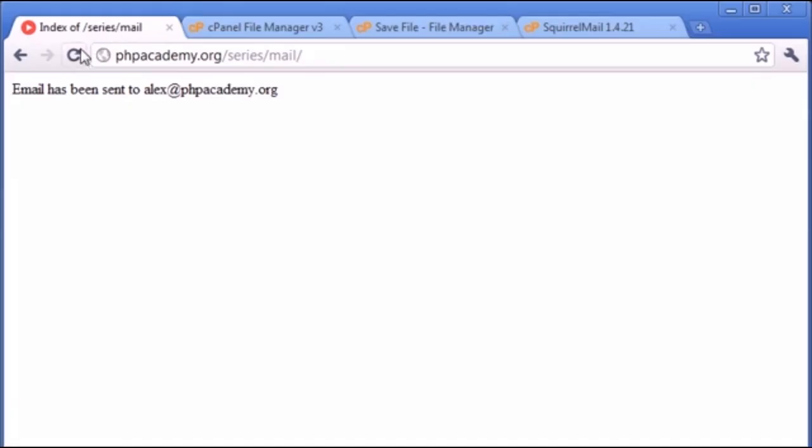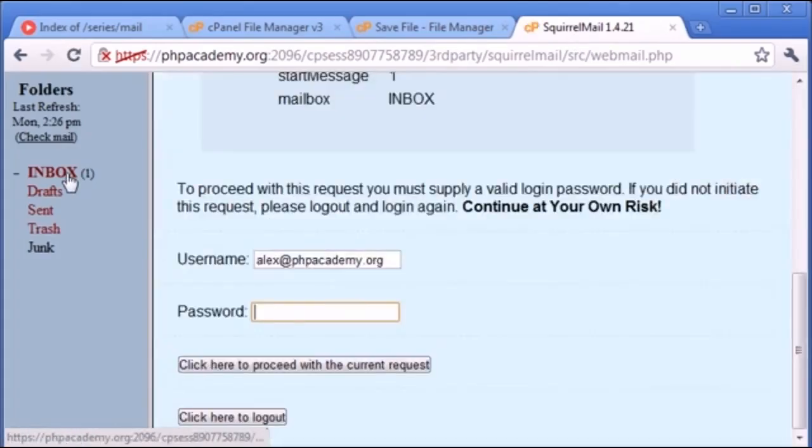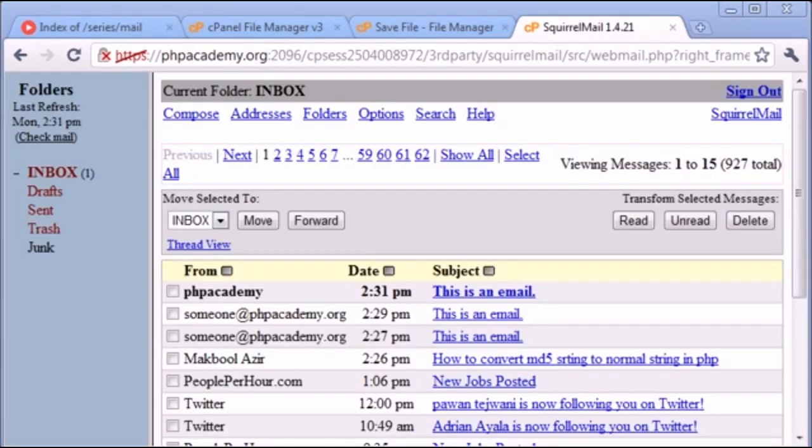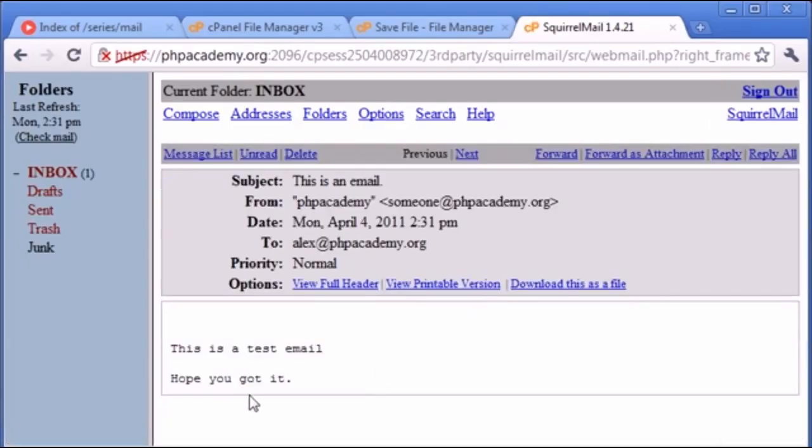Let's go back and refresh our page so we resend the email back to the Squirrel Mail email client, and you can now see, oh, we need to log in again. Okay, so I've logged back in and you can see that the email is from PHP Academy this time with the same subject and then the